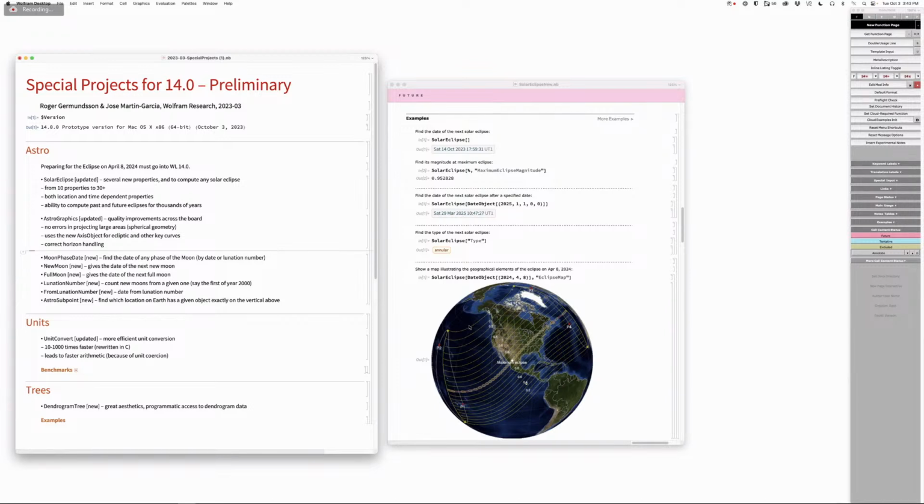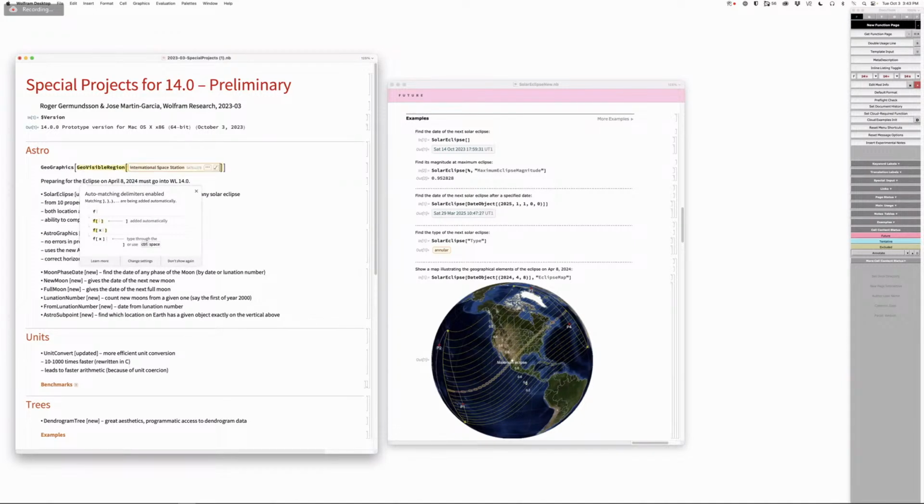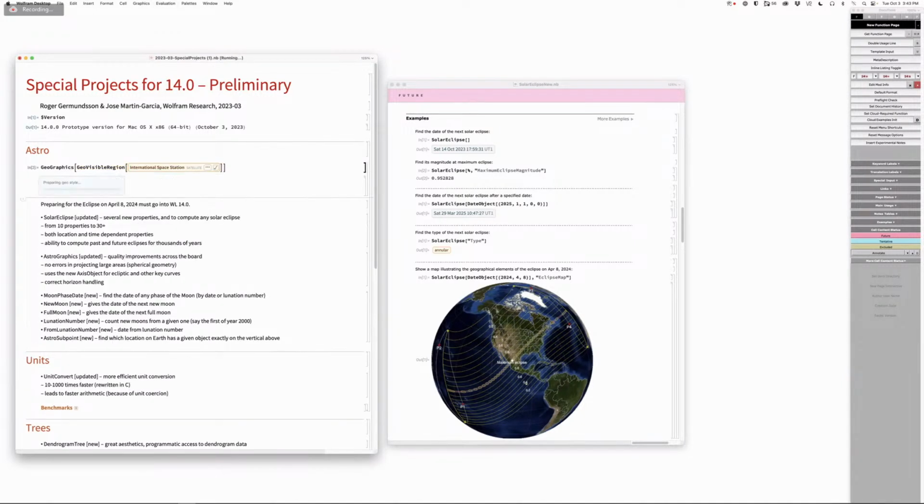Well, so what you're suggesting is that the correct way to do this would be something like Geographics, just like if I say something like Geographics of GeoVisibleRegion of ISS, for example. I should get